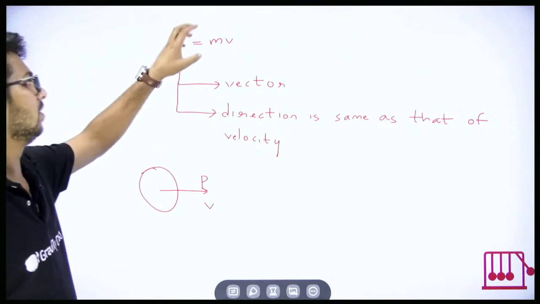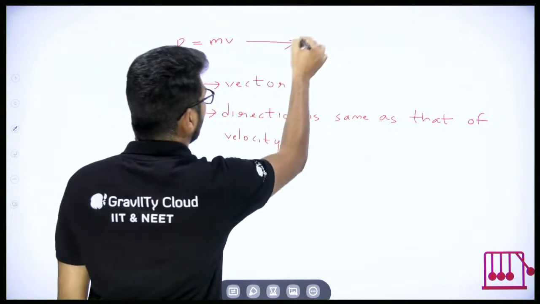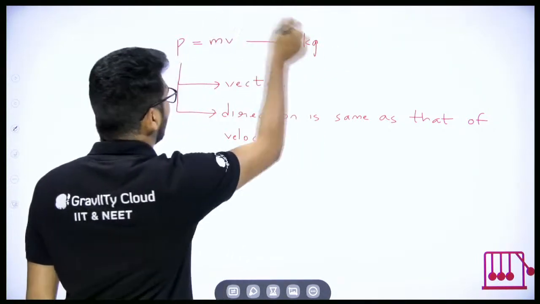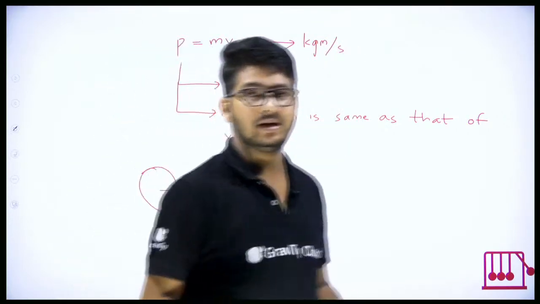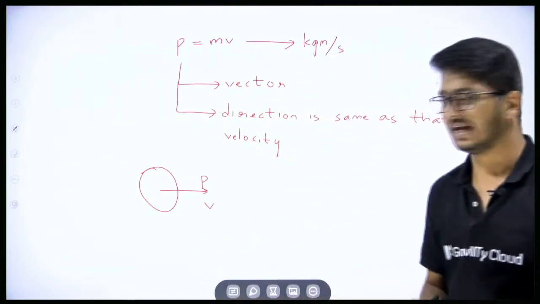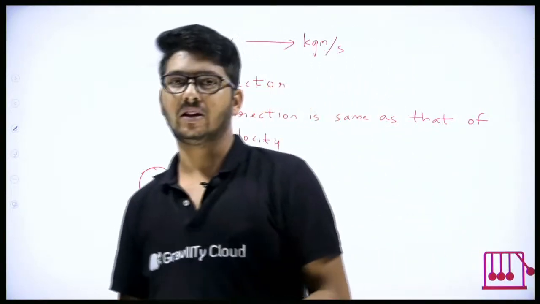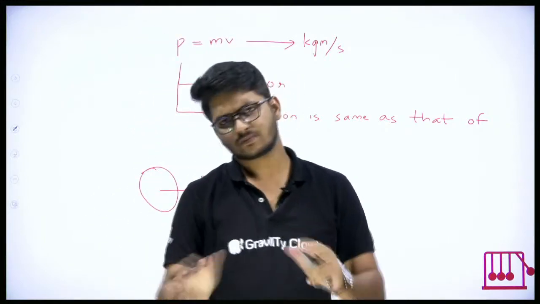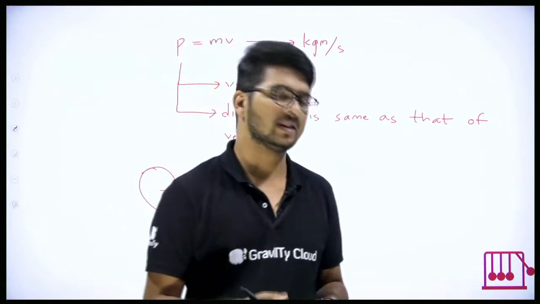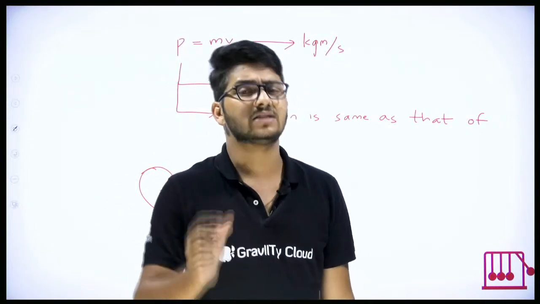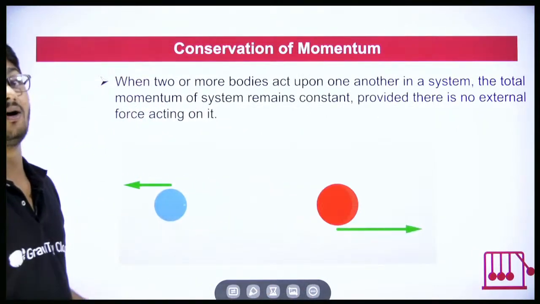Clear? So momentum is equal to mass into velocity. And another important point, what is the SI unit? SI unit will be for mass kilogram, for velocity meter per second. So it is kilogram meter per second. Is that clear? So these are some basic points regarding momentum. And obviously when we go into Newton's second law, it relates force and rate of change in momentum. That's fine. Now there is one basic law of nature, and that law is called the law of conservation